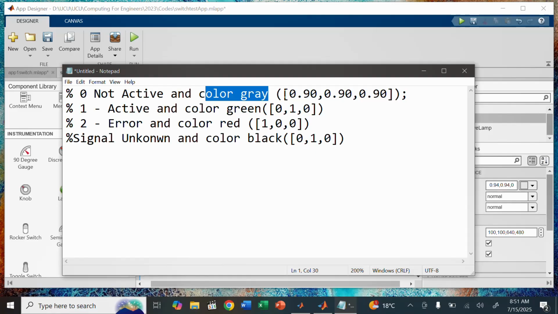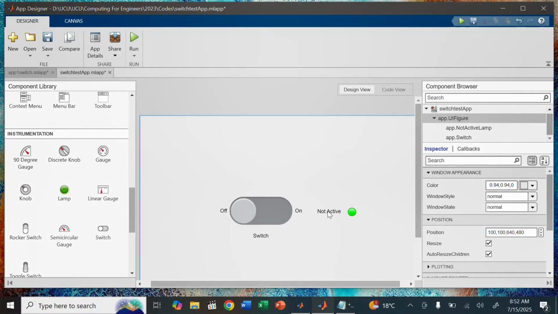Gray is generated as 0.90, 0.90, 0.90. So it's a combination of the RGB combination. Then green will be something like this, red will be something like this, black will be something like that. Okay, so we have kept this,